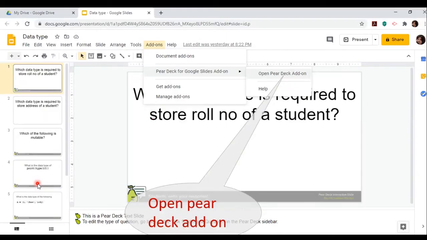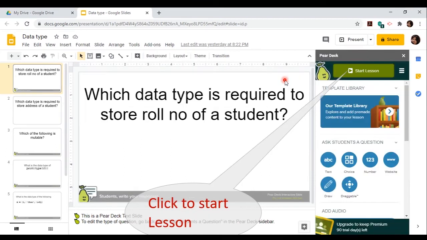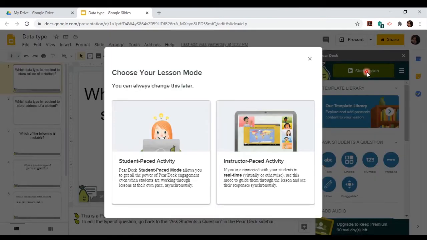So first, for presenting this, I click on Add-ons, click on the Pear Deck for Google Slides add-on that we have already added, as I've shown in the first part of the video, and then click on Open Pear Deck add-on. As soon as you click on it, this window appears, and you have to click on Start Lesson to start presenting your lesson to the students.